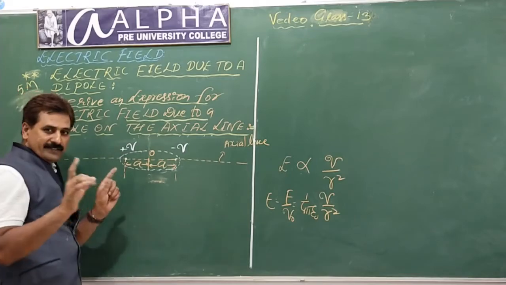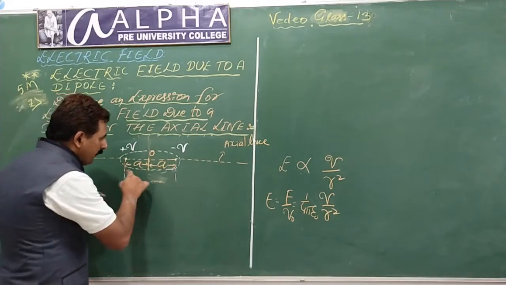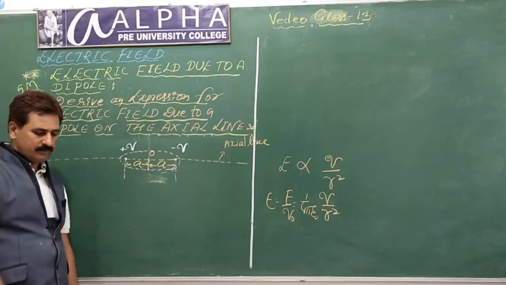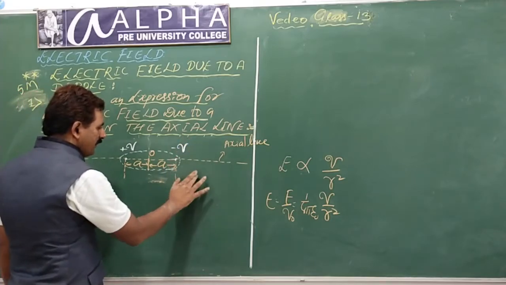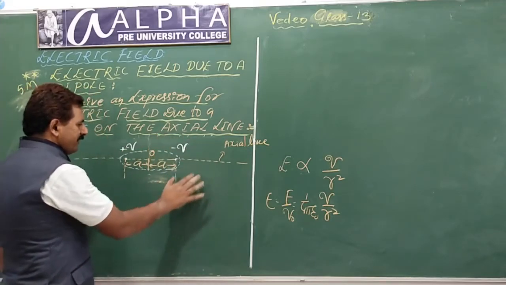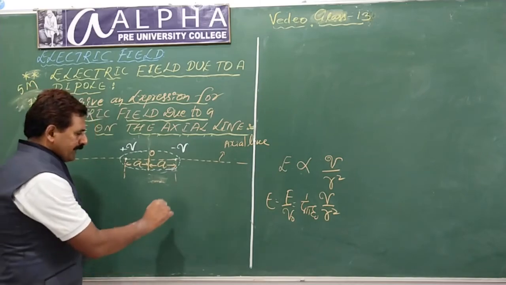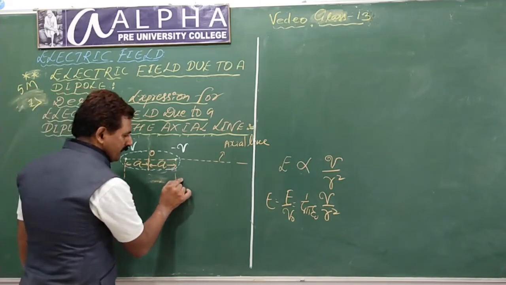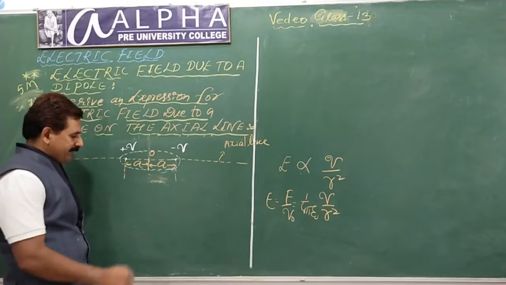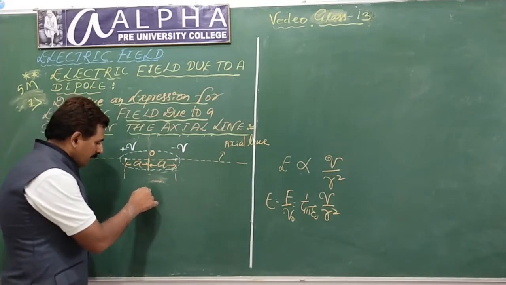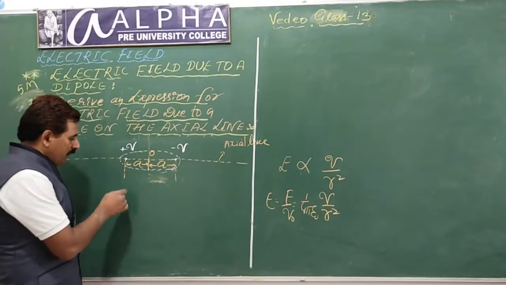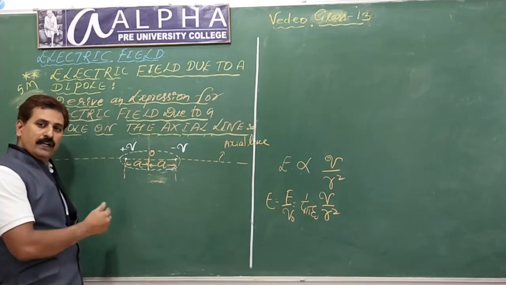So, our core point is, dipole is a source of electric field. All around you can see field. Here, anywhere you can see field. You can see field means what? You place a unit charge here, it experiences force and runs away. You place a unit charge here, it experiences force. Unit charge here, experiences force, and so on.